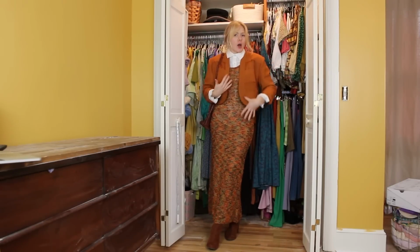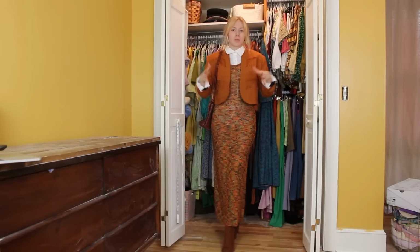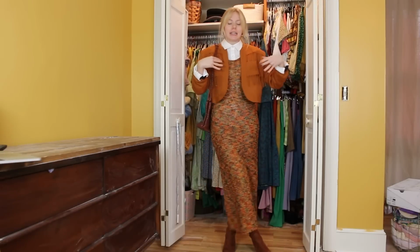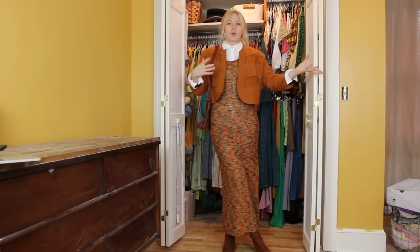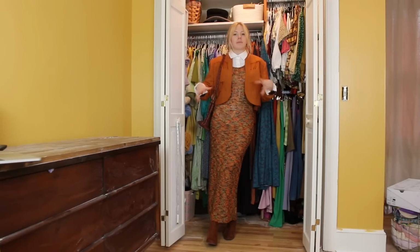I really didn't know what I wanted to do with this dress because I feel like it's so simple that I could put a sweater over it or a shirt under it, maybe do a night out look or a really cozy look. Even with a big cardigan would be so cute. So there's so many possibilities for such a simple but bold dress, but I really wanted to do some funky